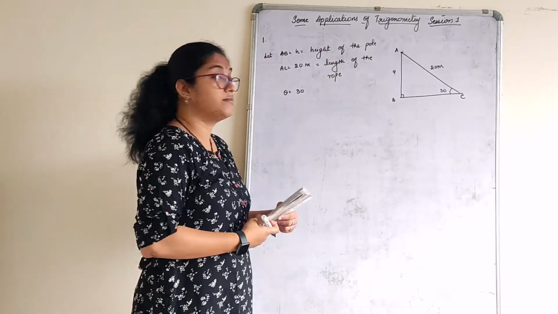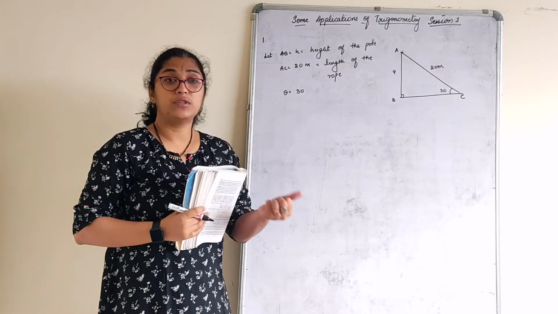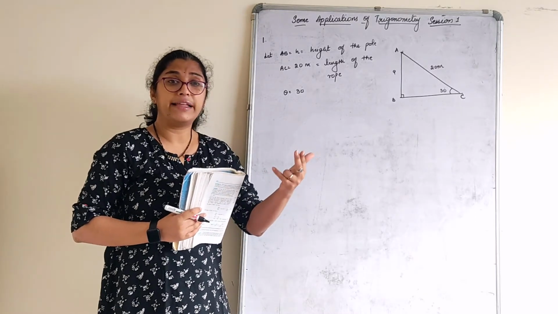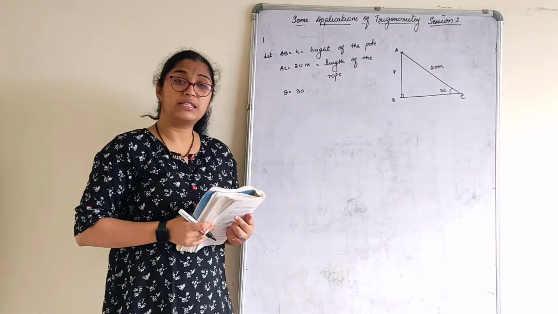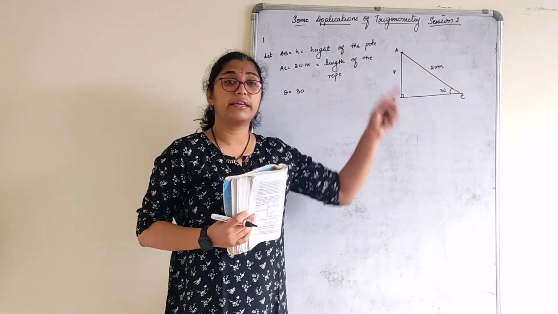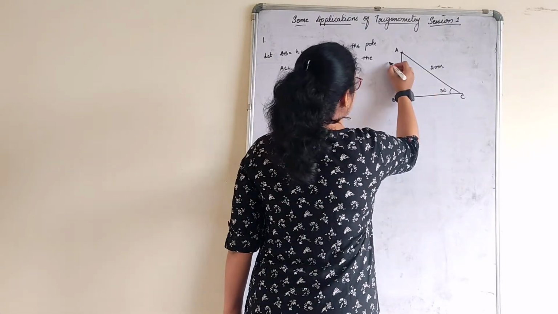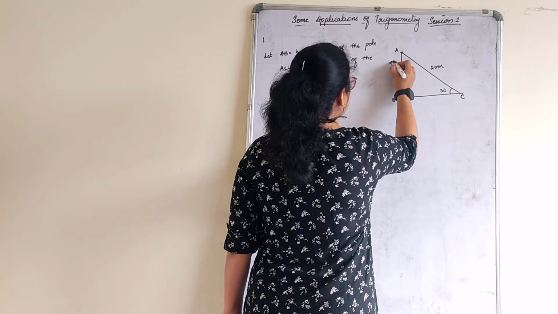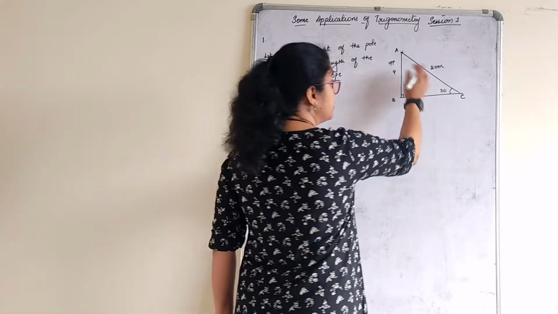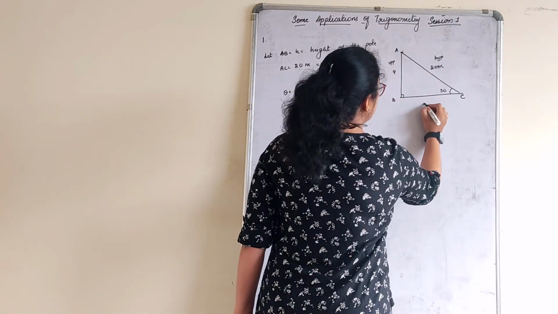Now the question comes here, which ratio to use? Because we know sine, we know cos, we know tan, we know cot. Majority of the sums are with tan. There are also few sums with sine and cos depending upon the given values. Now see here. This is 30. So this will be the opposite. Yeah, this is again known, very important. So this is hypotenuse fixed and this is adjacent.